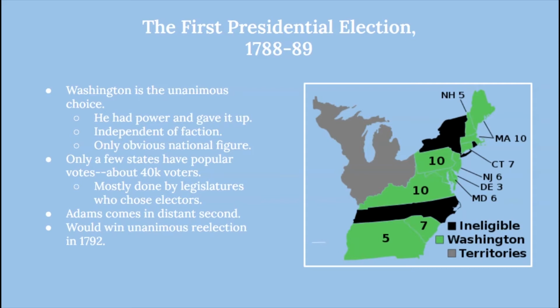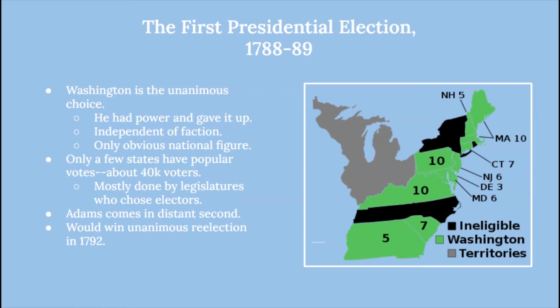And so that's how he gets a unanimous vote. Remember, we also talked about the early Electoral College in class. Electors at this time cast 2 separate votes, and the guy who gets the most votes is president, and the person who receives the second most votes is vice president. It's not how it works today, and very quickly this system ran into trouble. But on this first election, they went through with it, and so John Adams will come in second and be